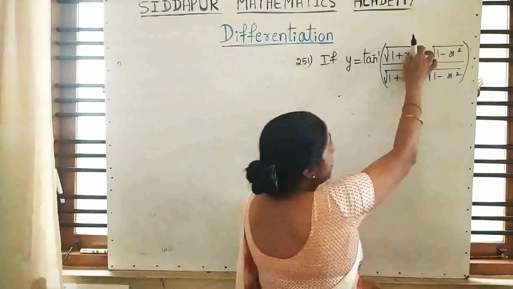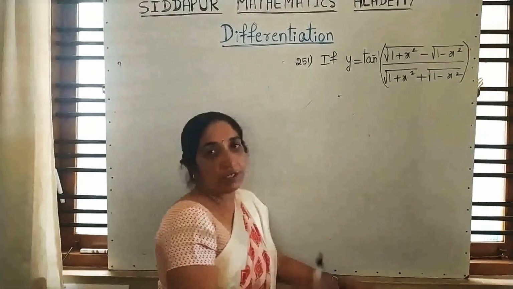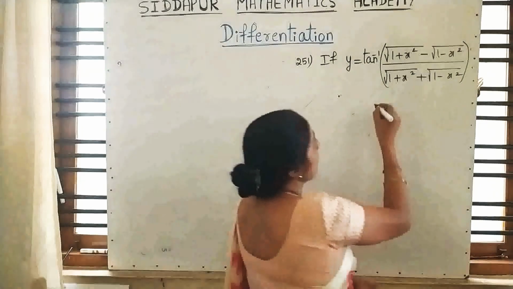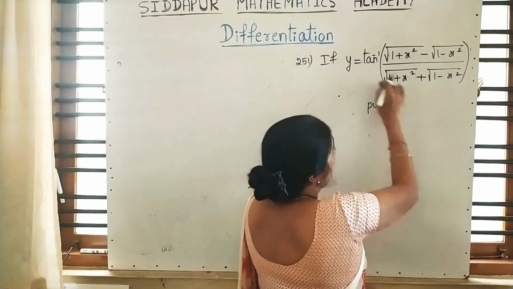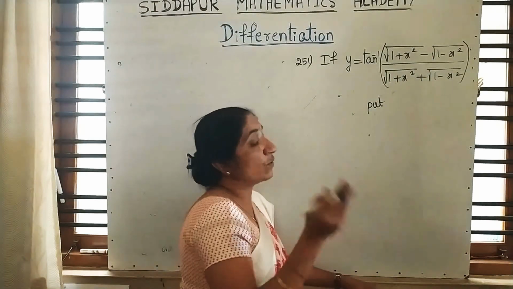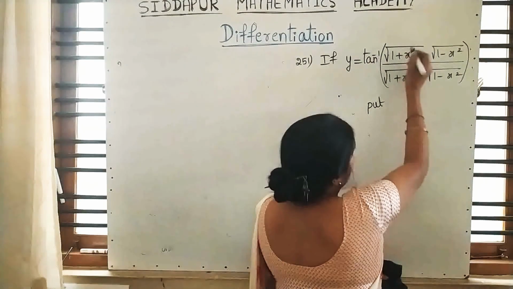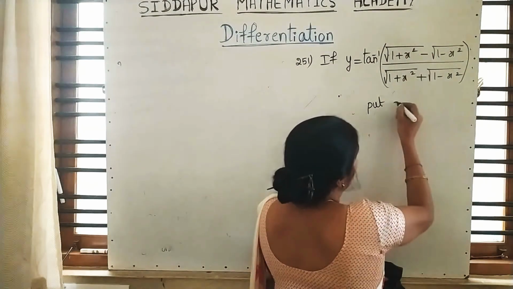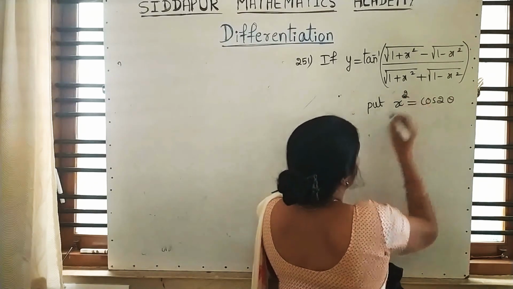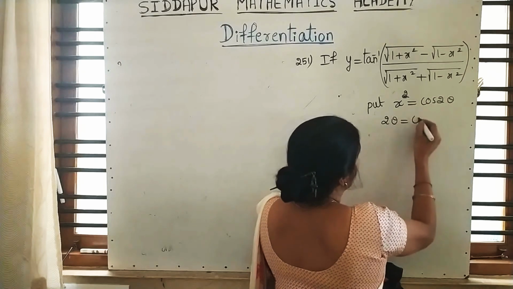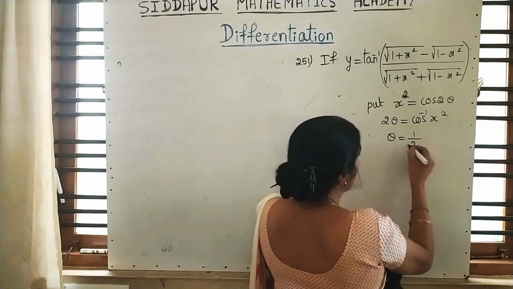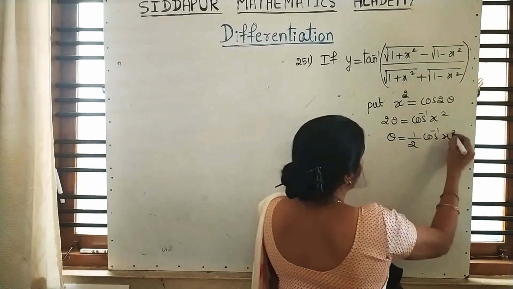Suppose if it is x square, go for substitution for x square. If in some problem it may be x or x cube, I will explain that too. Here we have x square. If you have a problem with 4 roots and the roots differ only by plus or minus, whatever the term, x square or x cube, write down that term as cos 2 theta. Understood? Then what is 2 theta? Cos inverse x square. Theta is 1 by 2 cos inverse x square.